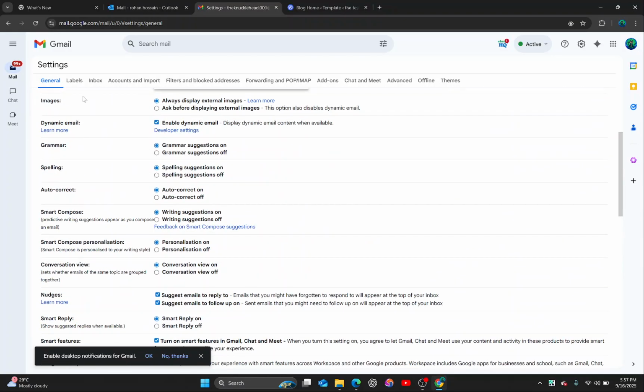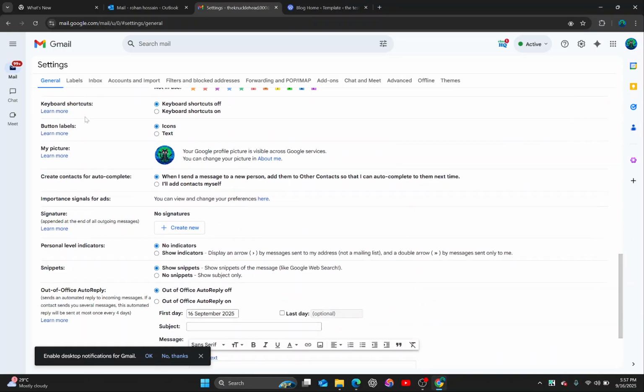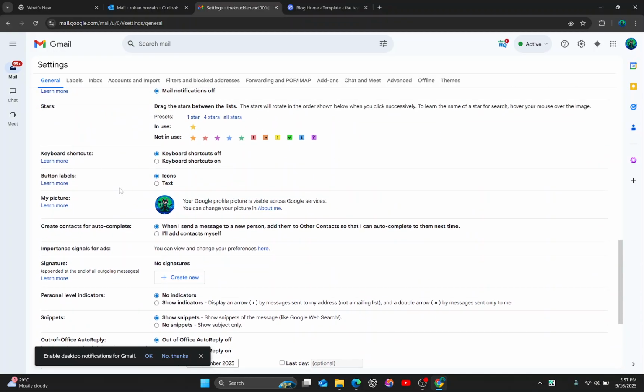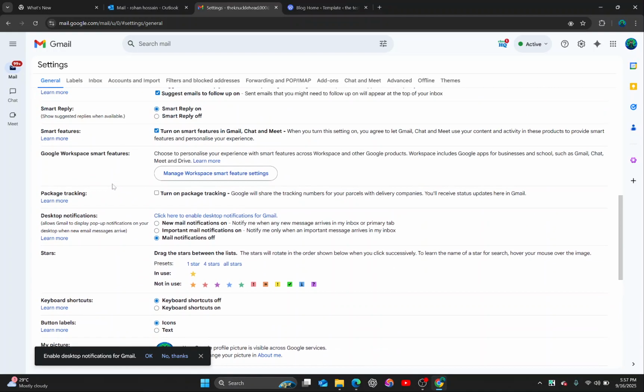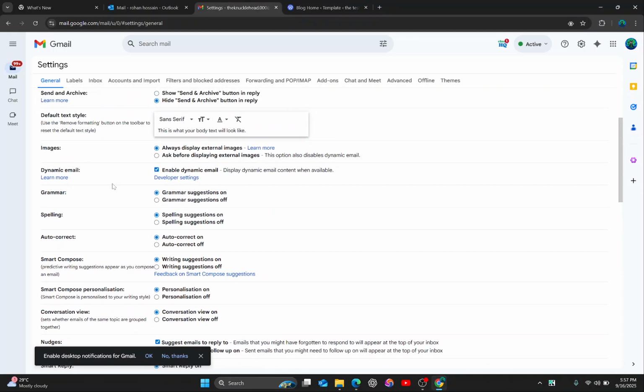pictures option over here. As you can see over here, there is no picture option, but we are gonna look for the pictures option. Here you can see the images option, and here you can see there are two options. One is called ask before displaying external images, but we are going to select the always display external images over